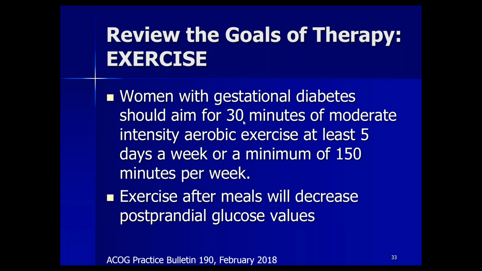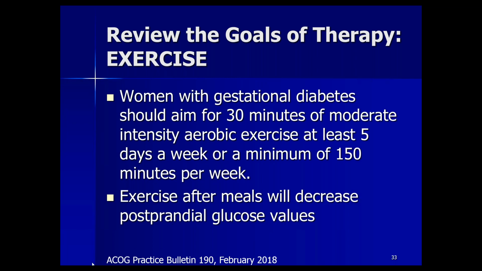Exercise is important. Ideally, 30 minutes of moderate intensity aerobic exercise at least 5 days a week, or a minimum of 150 minutes per week. This is exactly what my Fitbit tells me to do. Do I get it every day? No. If you have to cone down to what is most important, it is exercise after meals, because that will decrease